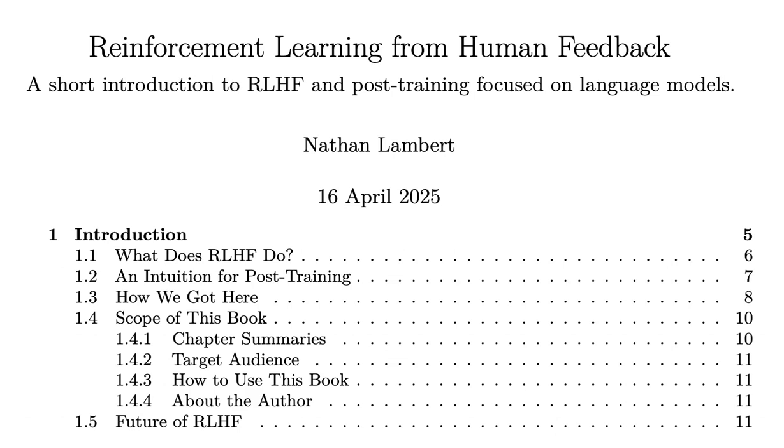This introductory chapter explains reinforcement learning from human feedback, RLHF, as a technique to align AI systems, especially large language models, LLMs, with human preferences. It details the typical three-step RLHF process: supervised fine-tuning, SFT, training a reward model based on human preference data, and optimizing the LLM using reinforcement learning guided by this reward model.